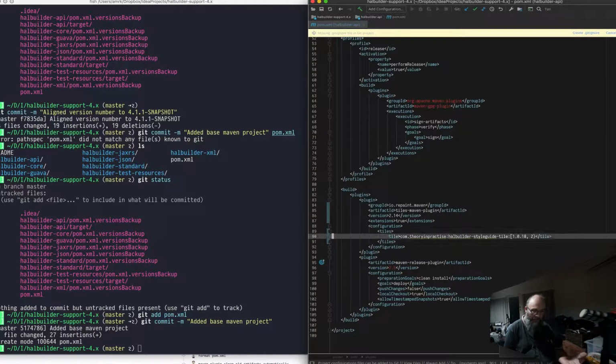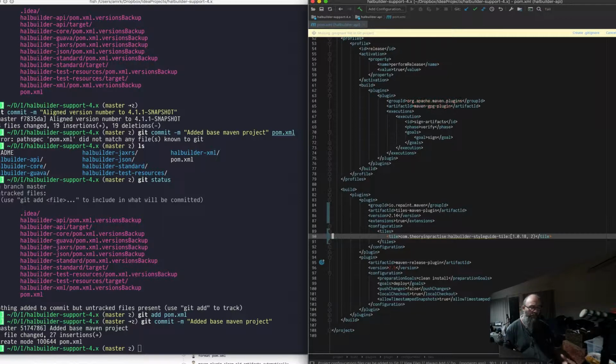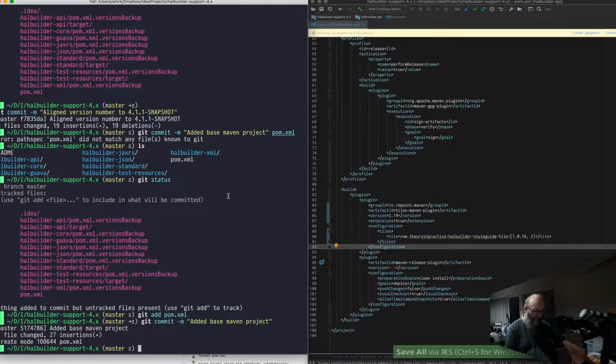a brief overview of Maven tiles. You declare the project, the plugin, and define a set of tiles that will be injected into the dependency hierarchy, the project hierarchy. So each tile gets injected as a new parent to your project. And this particular tile contains the Maven compiler plugin as well as other changes and other things I mentioned before. So we don't want to have a duplicate compiler plugin because then things get really confused. So if we build our project now,